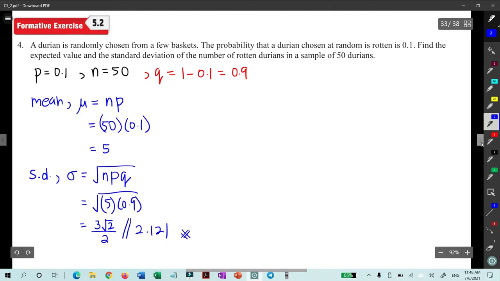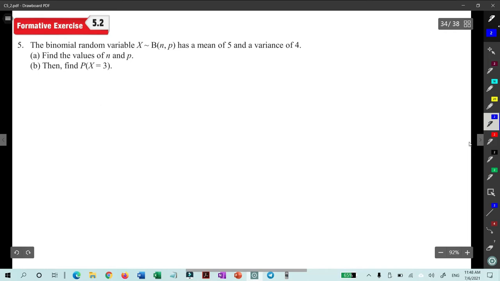Okay, let's move to question number 5. The binomial random variable x has a mean of 5 and a variance of 4. A, find the values of n and p. So based on the information, we can form two equations. Okay, before that,